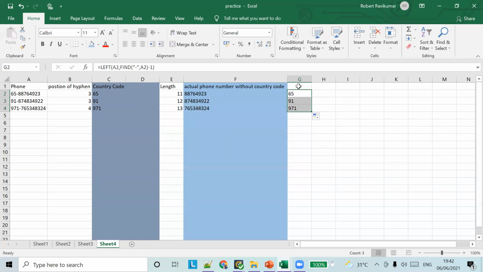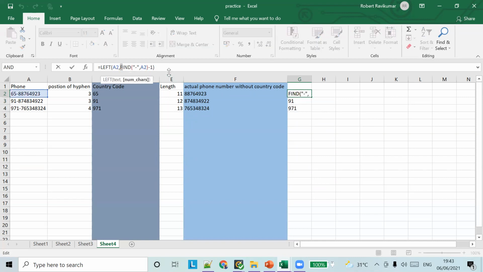What did you understand? You guys understood what I have done now? Instead of finding the position in a separate column, I'm putting the formula inside the formula itself.